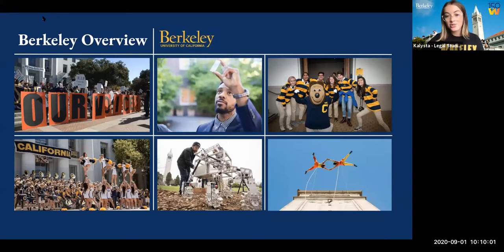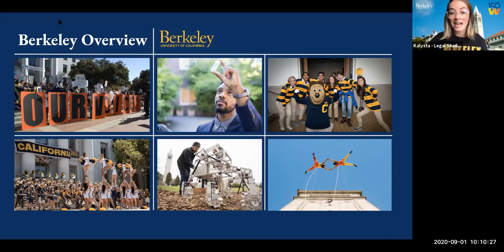Some more pictures from campus. In the upper left, you'll see a protest taking place right outside of Sproul Hall, which is a really historic place for students to be sharing their voice and for political change. Martin Luther King actually gave a speech outside of Sproul Hall, which is really amazing, and it's remained a place where people will use it to share their voice.